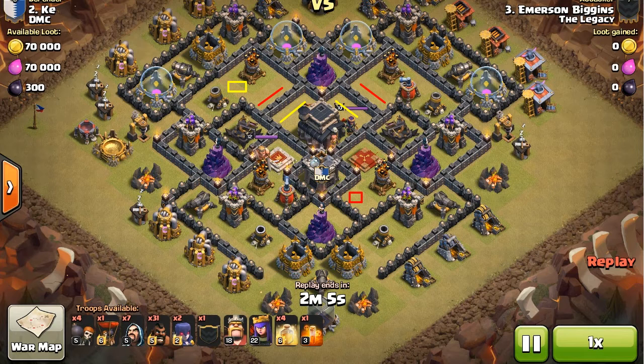Now, before we get into the hog attack, I also want to talk about a few things going on with this base in terms of other attacks. So, like I said, you could kind of just take this down no matter what you want to do. I mean, it looks really good because it's this pretty symmetrical base, but symmetrical bases are just so bad for clan wars because they're generally very easy to beat, and if anything, they're just super easy to predict